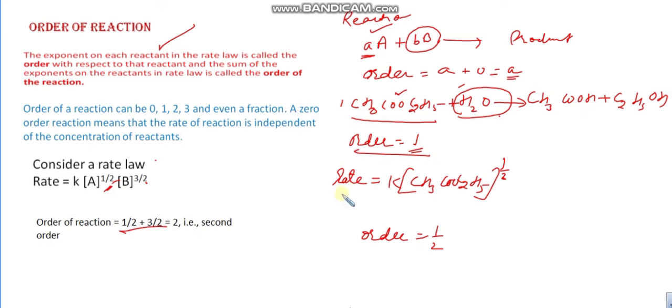And suppose experimentally it is found that in the rate law only half concentration is changing. So the order of this reaction may be 1/2 or it may be 3/2. So order is an experimental quantity. So remember, let us take one example here. With the help of this example we can explain how order can be written.